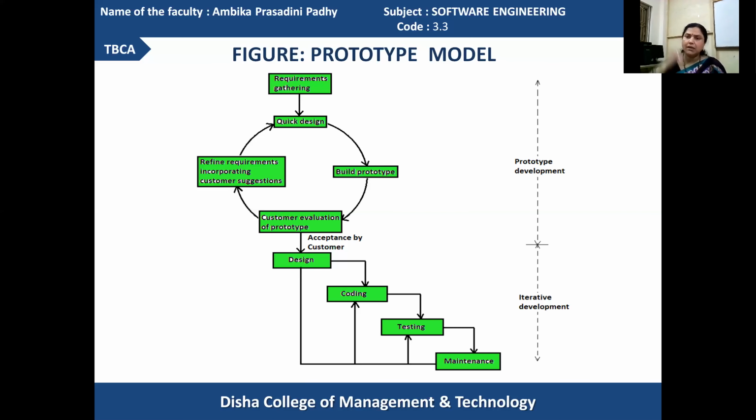In your iterative development strategy, the same set of sequential steps will be executed because the prototype is already prepared. The raw layout of the system is already there. By looking at the layout, the rest of the development will be done. That means there is no possibility of doing reworks again and again. There is no possibility of getting customer dissatisfaction. In this way, the product development will be benefited at the next stages.